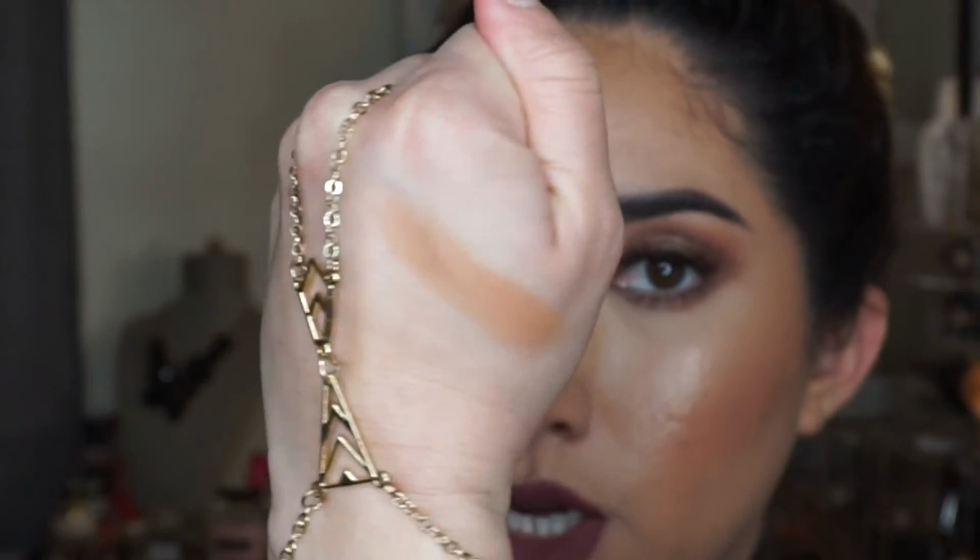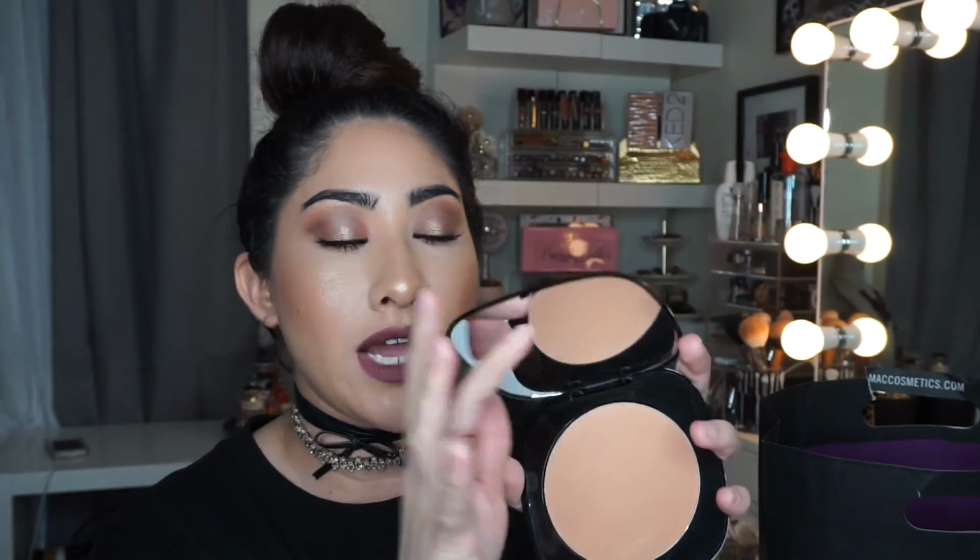Oh yeah. This is beautiful. It glides on like butter. Look at that. Ugh. I'm so excited to use this. I love the compact of it. I love the packaging. It has this really cool little push button that you push in and then it opens. It's just so chic and classy, and I love that the mirror is gigantic. So yeah, that was definitely a luxury splurge because I really did not need another powdered bronzer, but it just